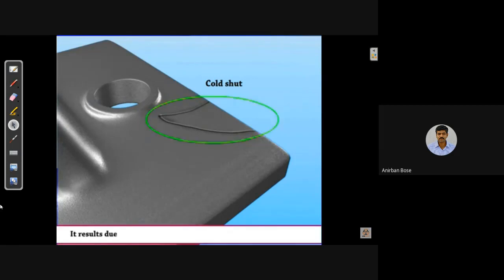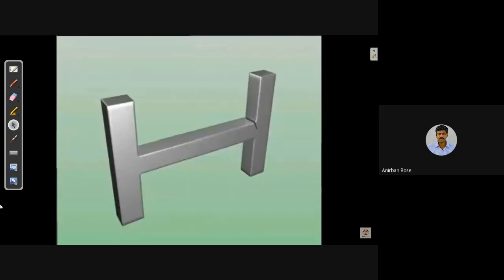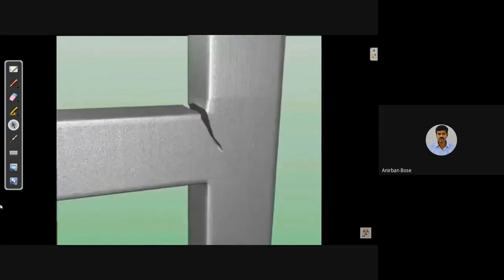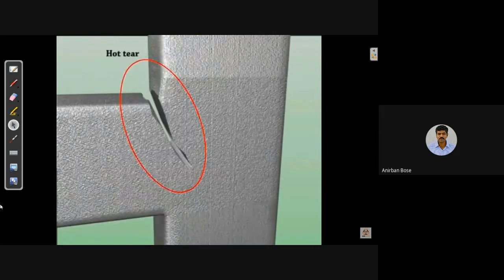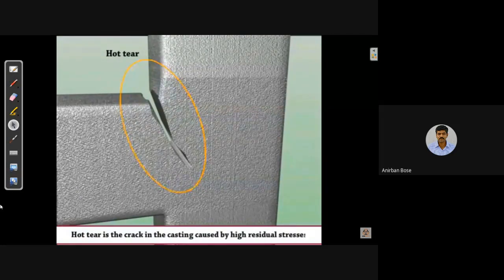It results due to the sand expansion caused by the heat of the metal. Hot tear. Let us see an example of hot tear. Hot tear is a crack in the casting caused by high residual stresses.